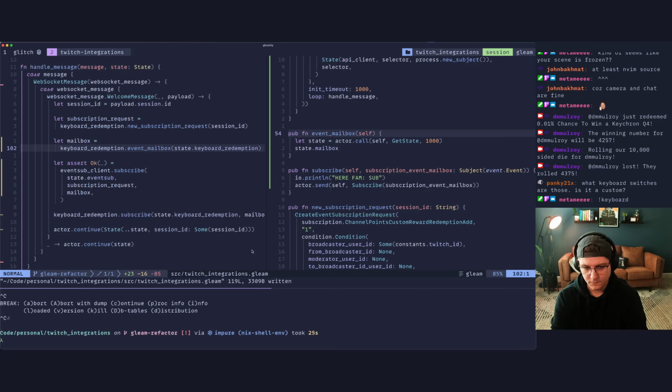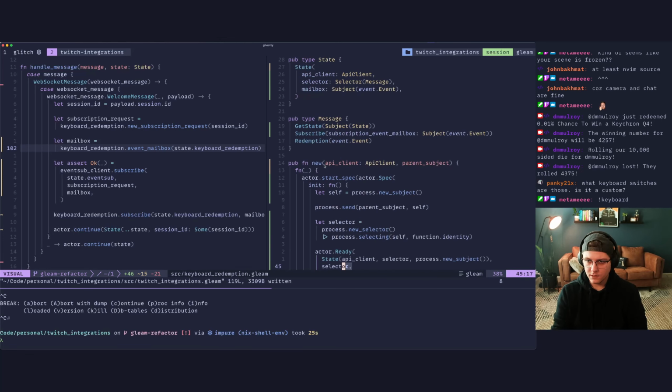All right. Now this subject that's getting passed around is originating in this actor. It's getting passed to the supervisor, getting passed down into the event subclient. The event subclient passes that mailbox into our handle message.